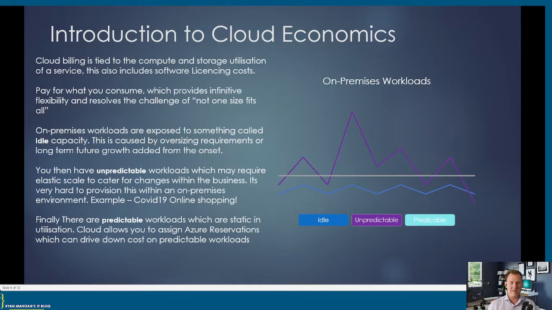There is obviously unpredictable usage, where it can fluctuate up and down. It's very hard on premises to guess that, but the benefits of using cloud technology allow you to scale up and scale down at those particular times. So there's no real reason why you would not consider cloud in the modern day, because it's becoming more and